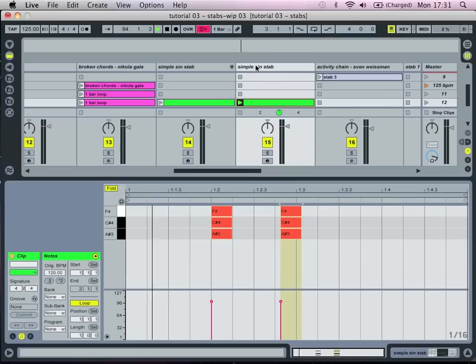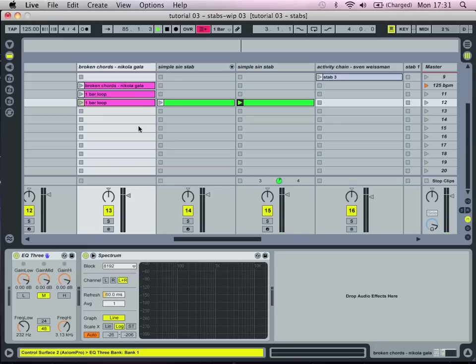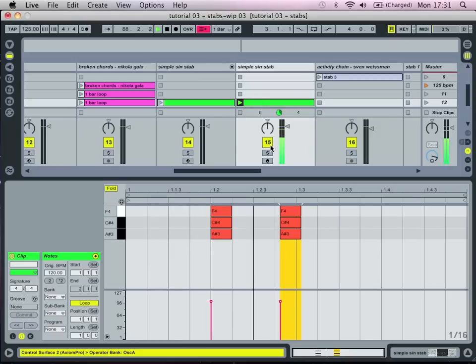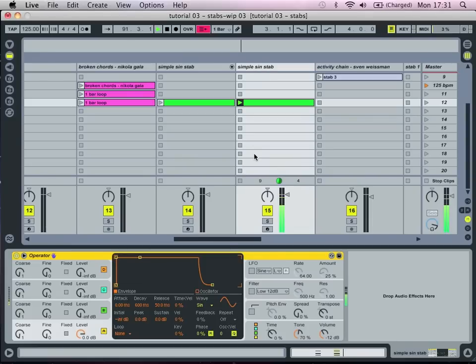And again, just the benefit of analysis using your spectrum is that you know where the root note is, you know where to play along your keyboard. So yeah, here we've just got a simple sine. So what we're going to do, the first move,